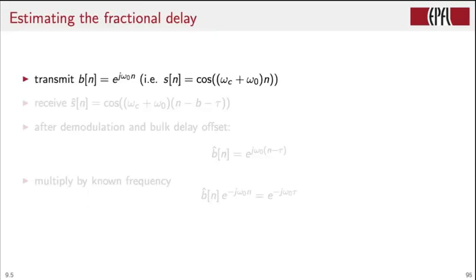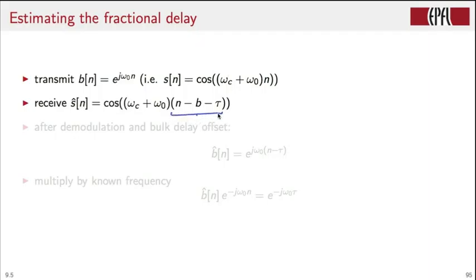Okay, so what about the fractional delay? Well, for the fractional delay, we use a sinusoid instead of a delta. So we build a baseband signal, which is simply a complex exponential at a known frequency omega 0. This will be converted to a real signal before being sent to the D2A converter, and so what we transmit actually is cosine of omega c, the carrier frequency, plus the pilot frequency omega 0 times n. The receiver will receive a delayed version of this, which contains the delay now in samples and fraction of sample,